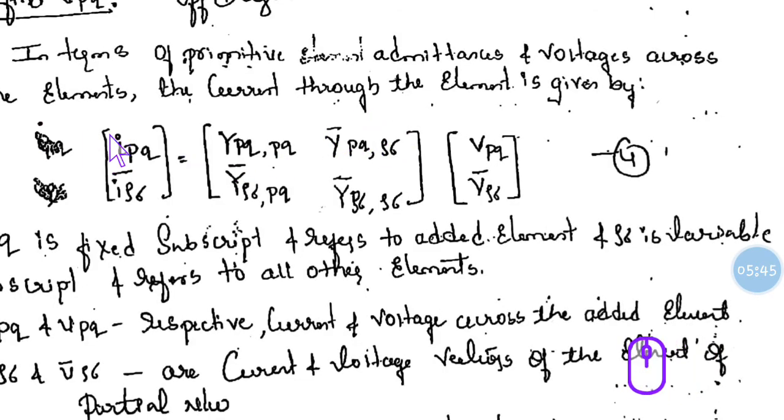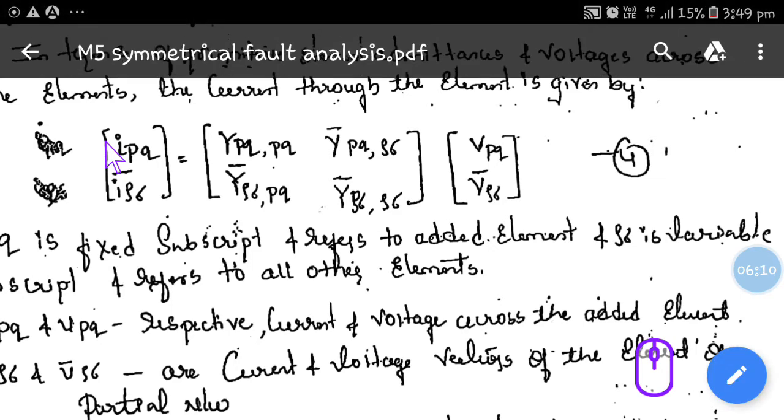Okay. This is IPQ, I is equal to Y into V. IPQ, I rho sigma. Where you get rho sigma, take the vector sign. This is Y of PQ, PQ, PQ, rho sigma. So like this you write down. So from this you have to find IPQ. While forming addition of branch, while forming the off-diagonal value Z of Qi, one condition you will get: IPQ will be 0. The same thing if you find for the diagonal Z of QQ, IPQ will be -1. That is the change.